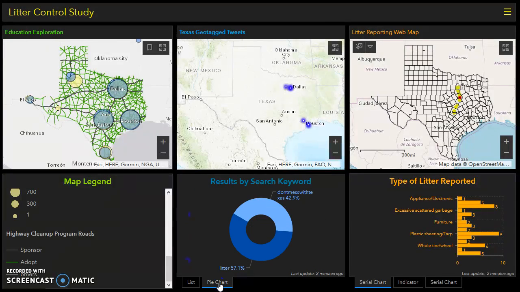There's also a pie chart to show you what keywords were searched and had results, and this will change as new data comes in. There are 9 different search terms in the search parameter points. So then the last web map is showing all the litter reports from the Survey 123 app,